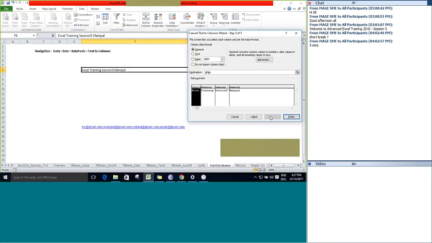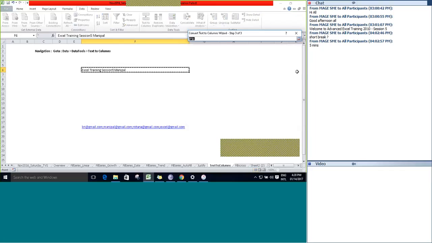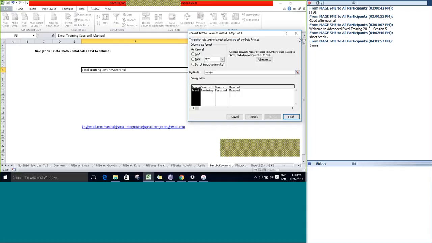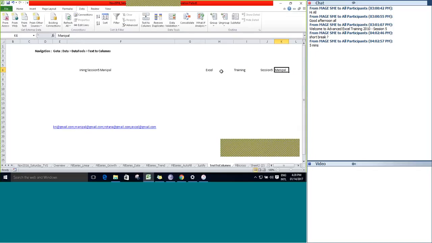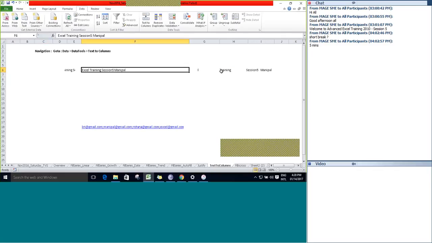Click Next, and here you can see the destination, where you want the split string to be placed. If I click here as a destination and then click Finish, you can see that this particular string is split into 4 different strings based on the space between each string.